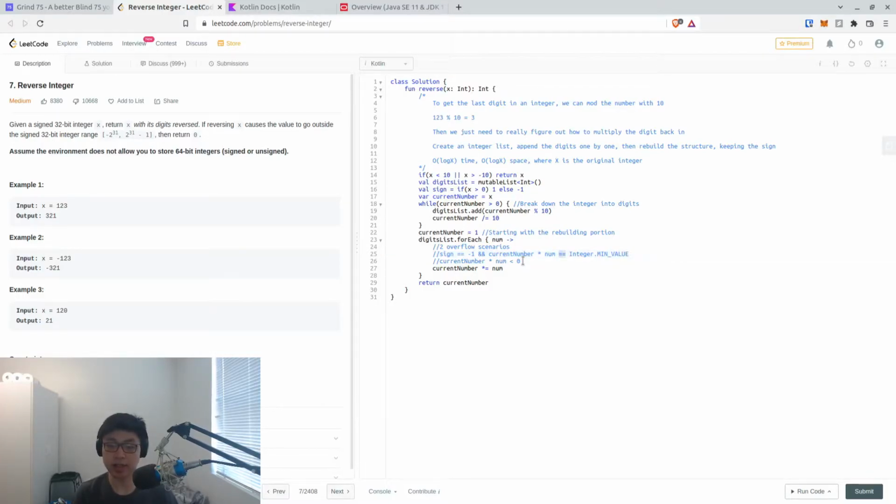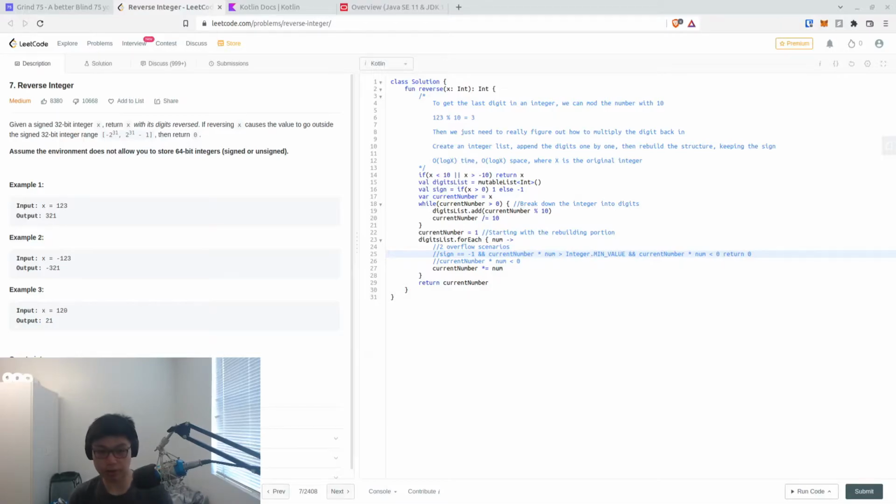In that case, then, if it's greater than min value and it's less than 0, then we return 0. The idea is that if we have a negative number which has a value which is greater than min value, so it did not exactly multiply to min value,